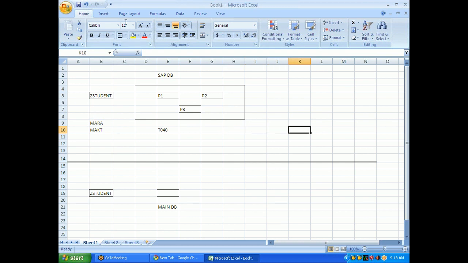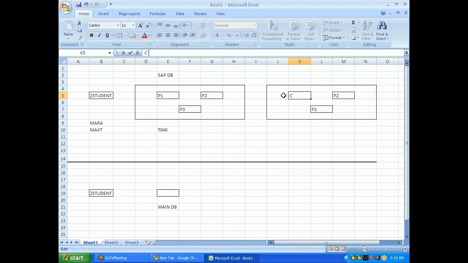Next one is a cluster table. Here I am putting a picture, but exactly this picture will not resemble the cluster table. Only to give some idea, I am giving this picture in Excel.